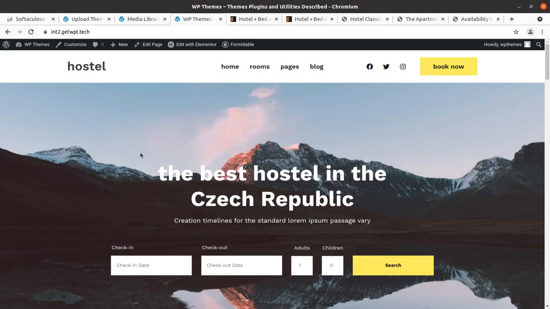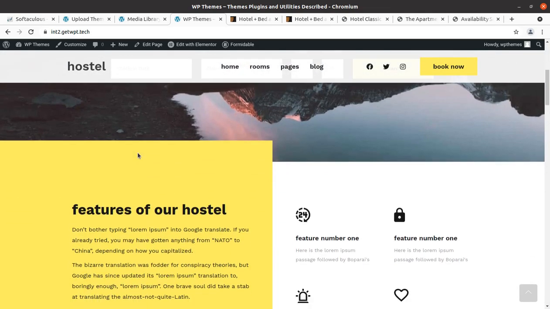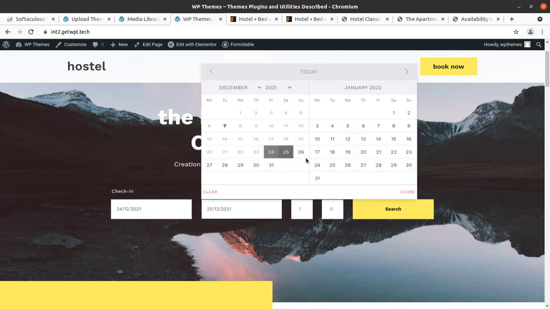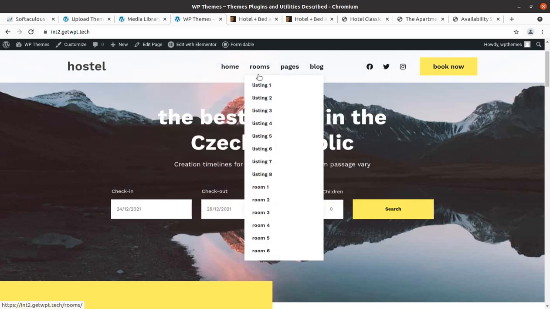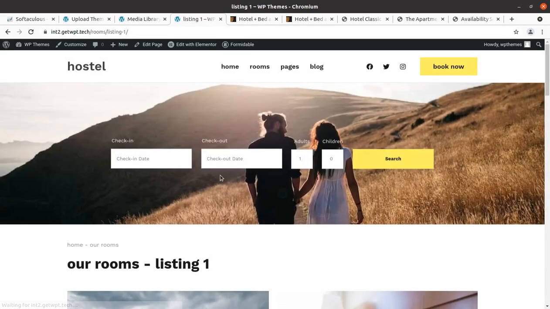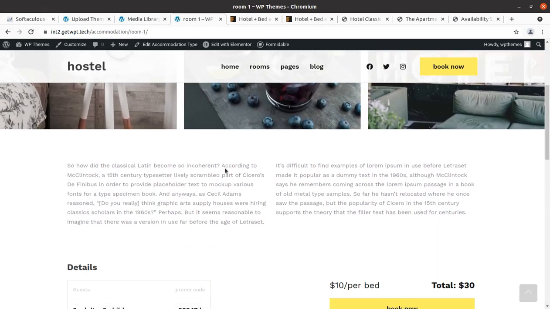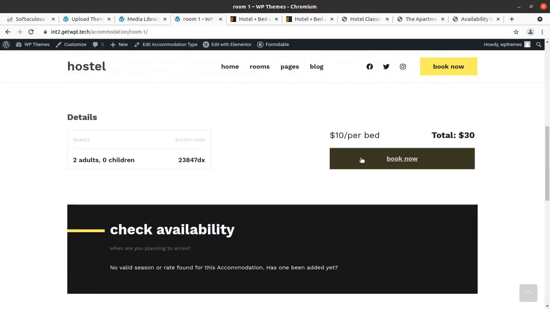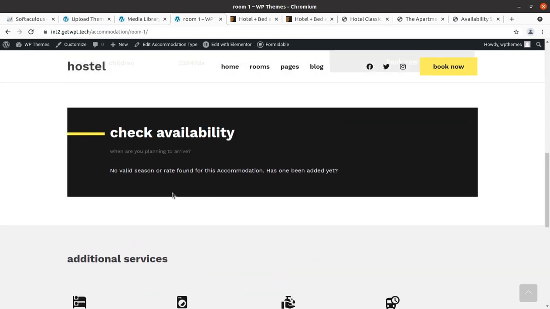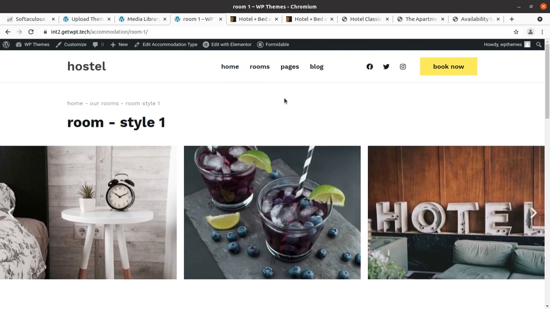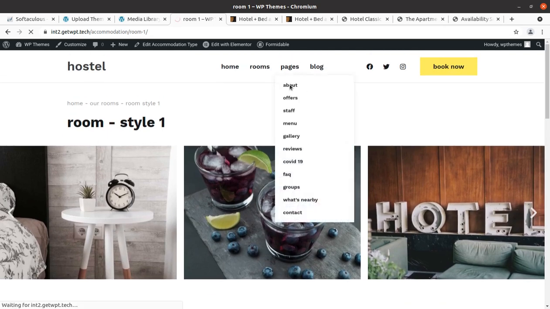Yes, great. The website is here with all the functionality and features, and the installation was really smooth, and we got all the pages. So room listings are here, and we can check the room listings as well. And as you can see, it is running very fast. The speed is really wonderful, it is available for testing, all functions are working well, and we can check the inner pages as well.